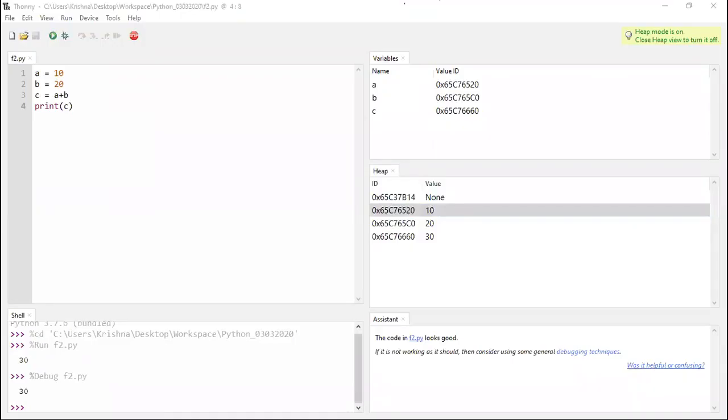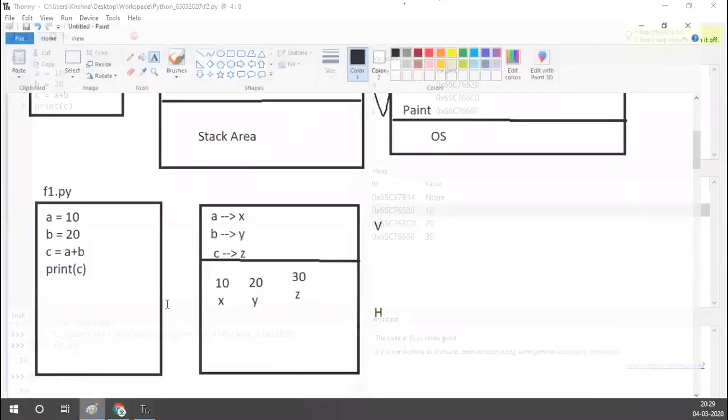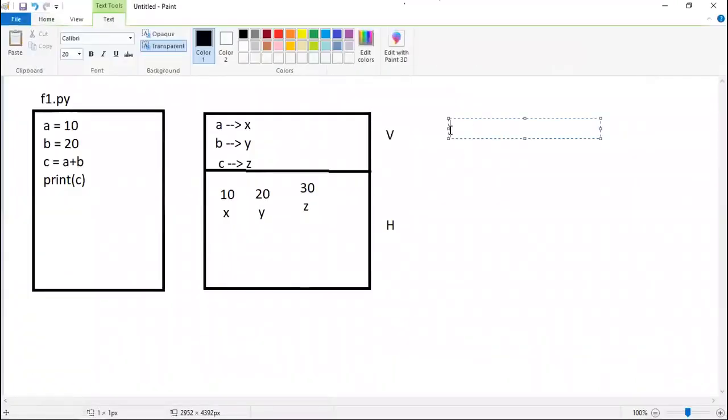Now we will come to the dynamically typed programming language. So what do you mean by dynamically typed programming language? Before coming to dynamically typed, there are a few programming languages which are called statically typed programming languages. What are statically typed programming languages? You might have seen those who have coded in C or C++ or Java, or those who have not coded, then also it is fine. You can just listen to me.